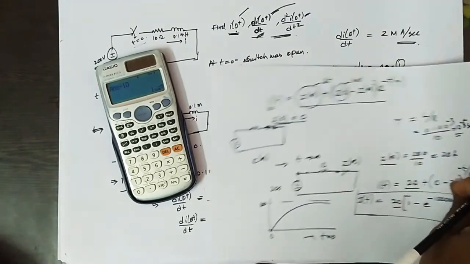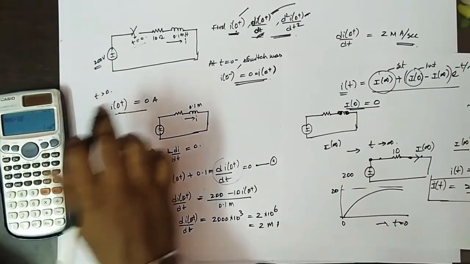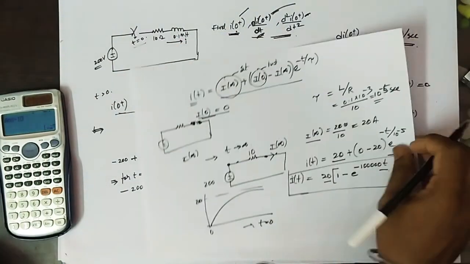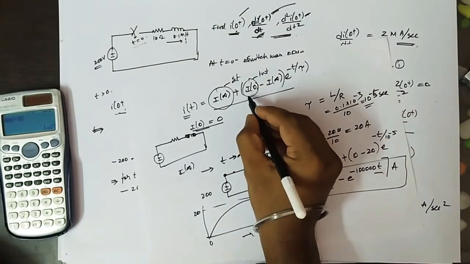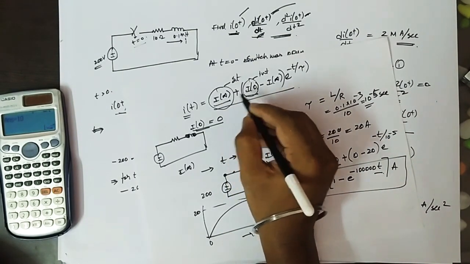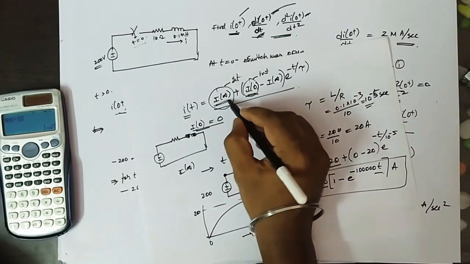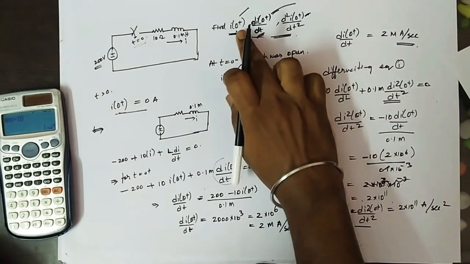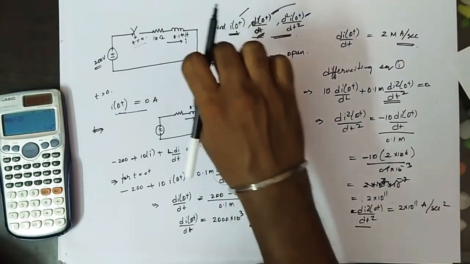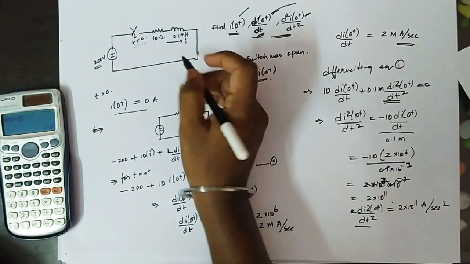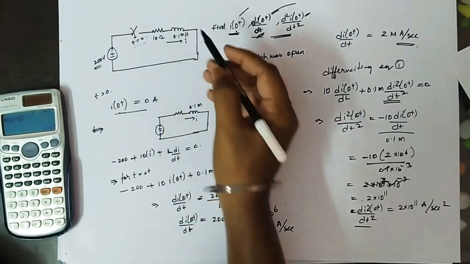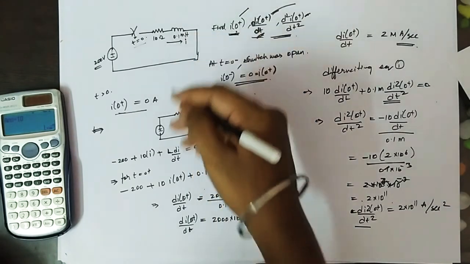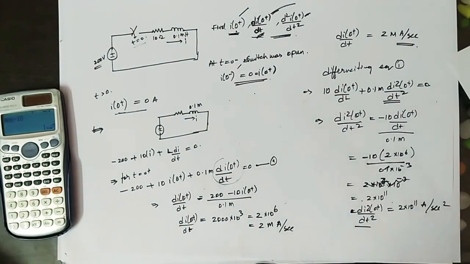One thing I want to say is that this sum is based only on t equal to 0 and t equal to infinity, that is the initial condition and steady state condition. This sum is different from the earlier one, which is only for t equal to 0 plus. After 0 plus we are dealing with the circuit. At 0 plus, slowly after the open circuit, the inductor will start storing current.